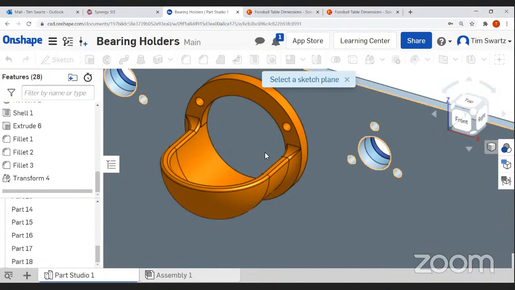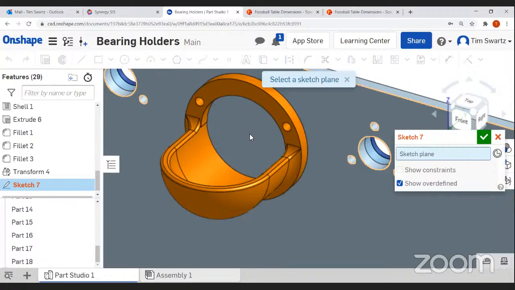All right, so we'll just create a sketch instead since it is asking us for a sketch. So what we'll do to get this geometry here